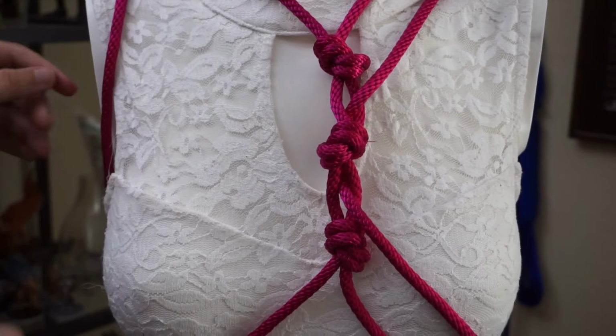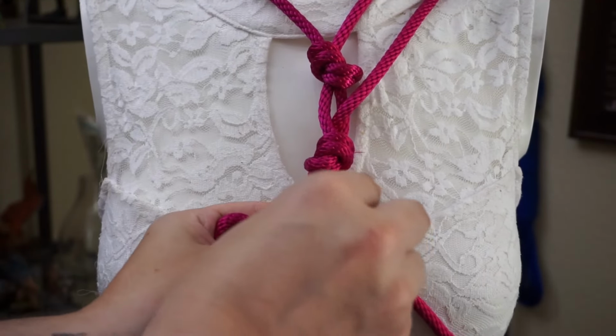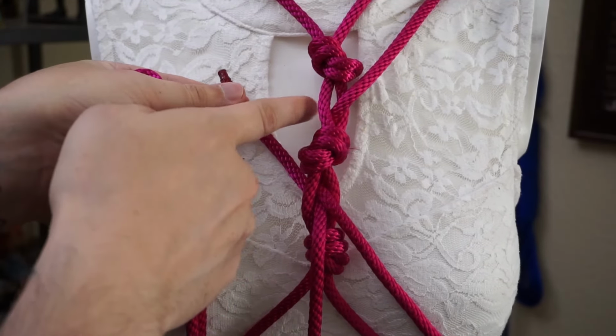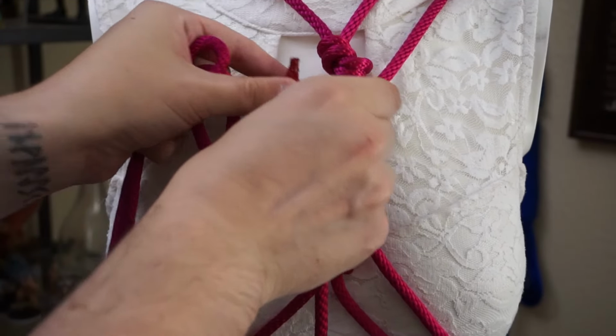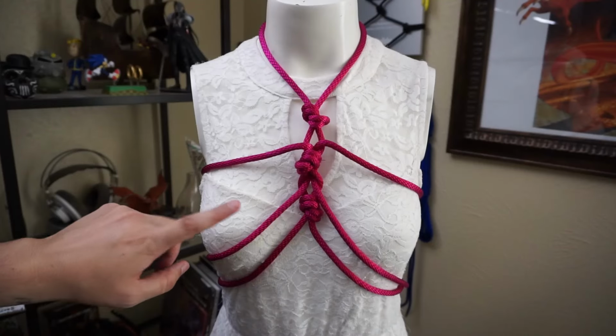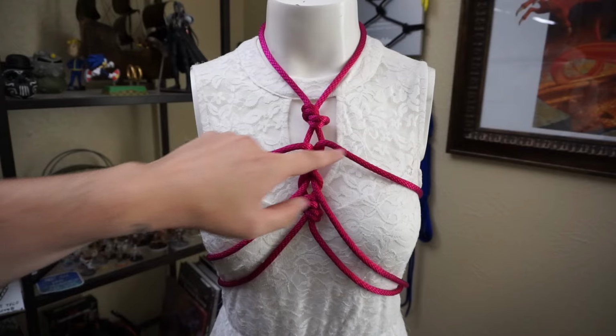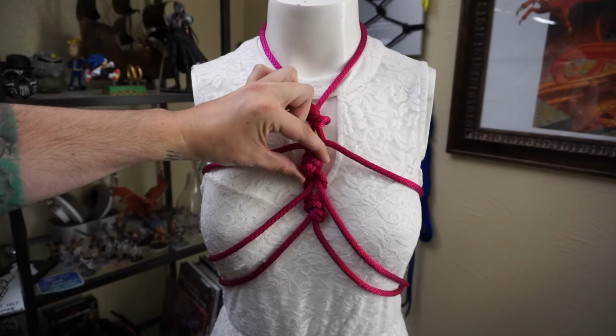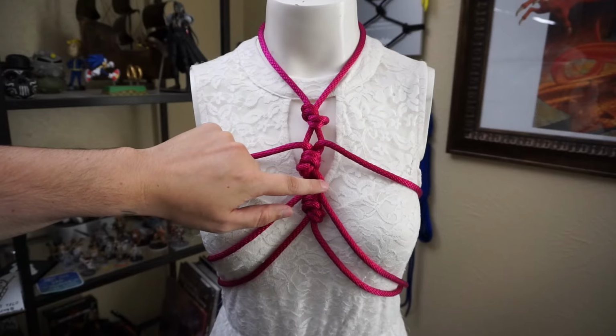And do the same thing on the other side. We're going to go inside this one. It's going to go underneath this overhand knot, and it's going to exit out this side. Now we do have some degrees of separation as I brought those around to the back. Inherently that's going to happen with this overhand knot in the way, with all the distance between here and the